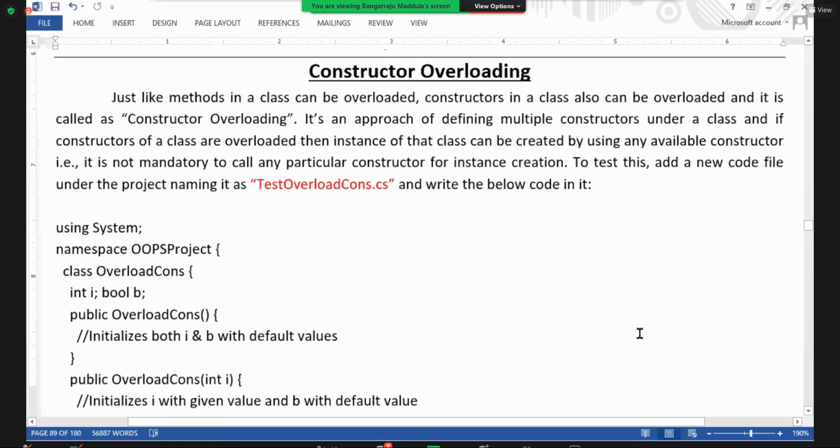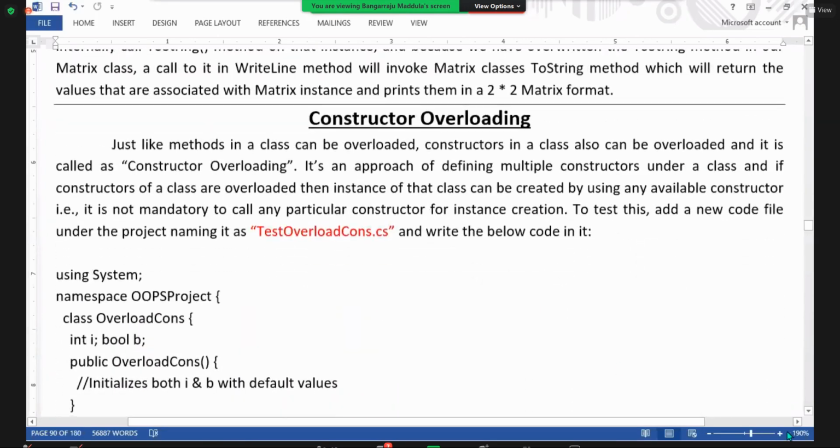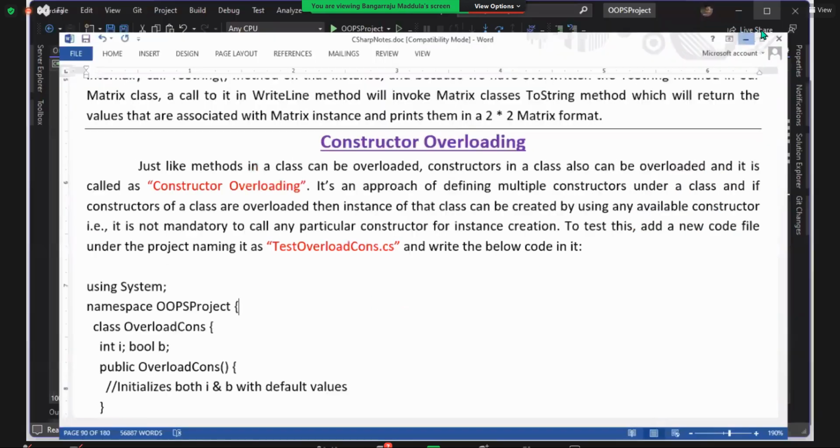So what is constructor overloading? Just like methods in a class can be overloaded, constructors in a class also can be overloaded. I repeat it, just like methods in a class can be overloaded, constructors in a class also can be overloaded, and we call that constructor overloading. Is the point clear? Just like you're overloading methods, now you'll overload constructors also in your code. And if you overload constructors in the code, we call it constructor overloading. For example,